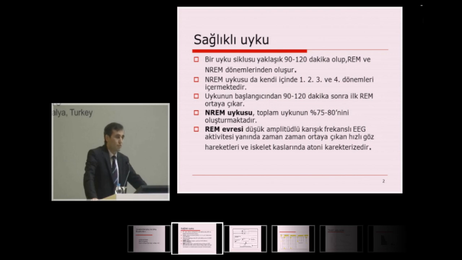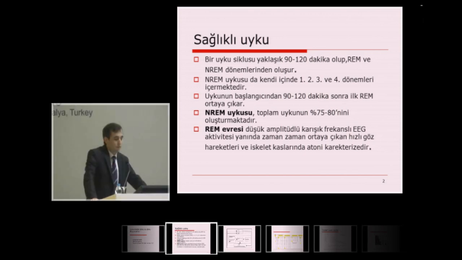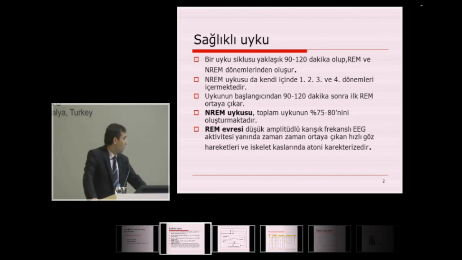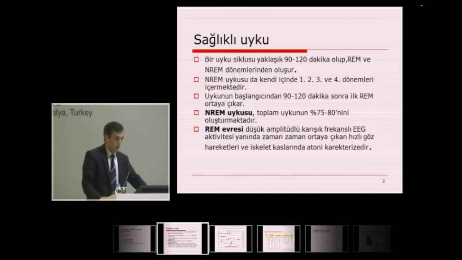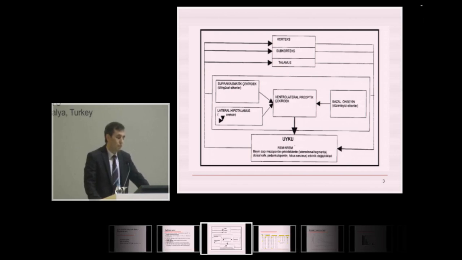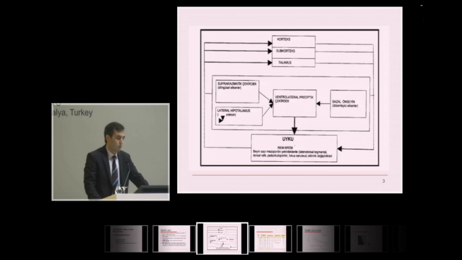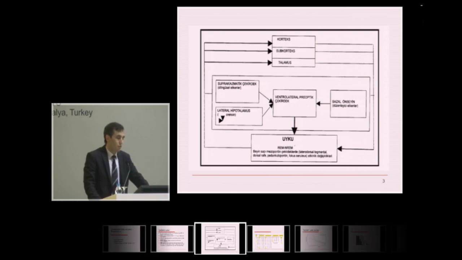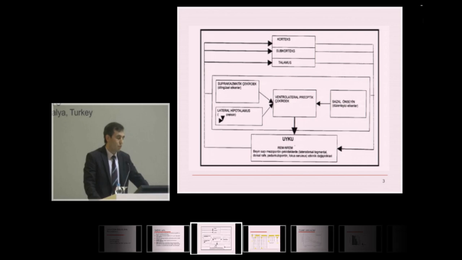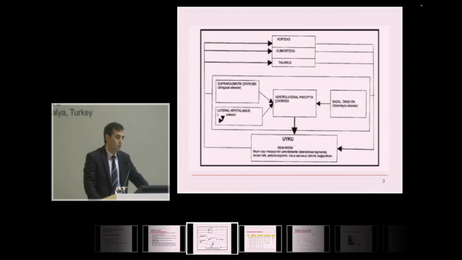And then after 90 to 120 minutes, when sleep starts and the first REM is exposed, 75 to 80% of the total sleep is non-REM, and REM is characterized with atonia in the muscles. There are many brain activities collaborating together that result in sleep or awakening. The theory is that the cyclical and homeostatic factors comprise sleep, and